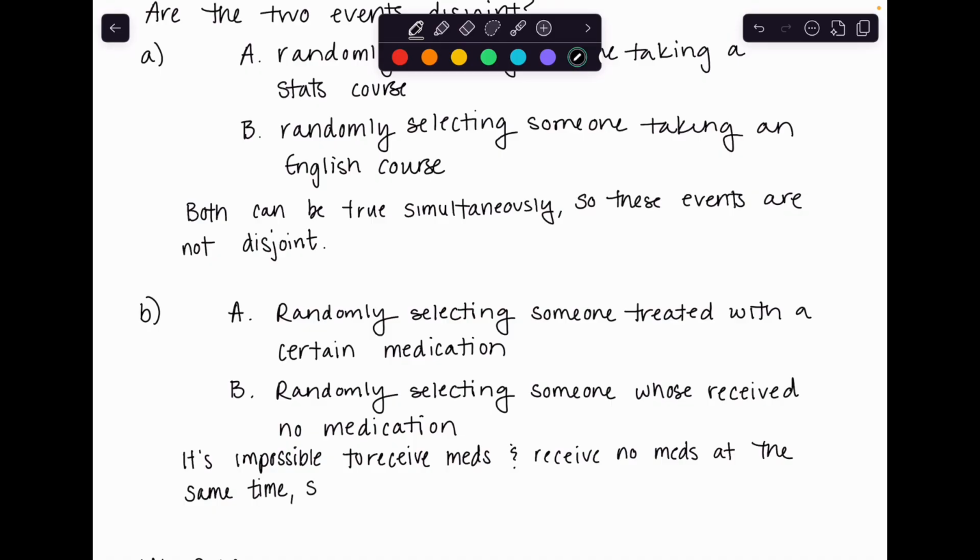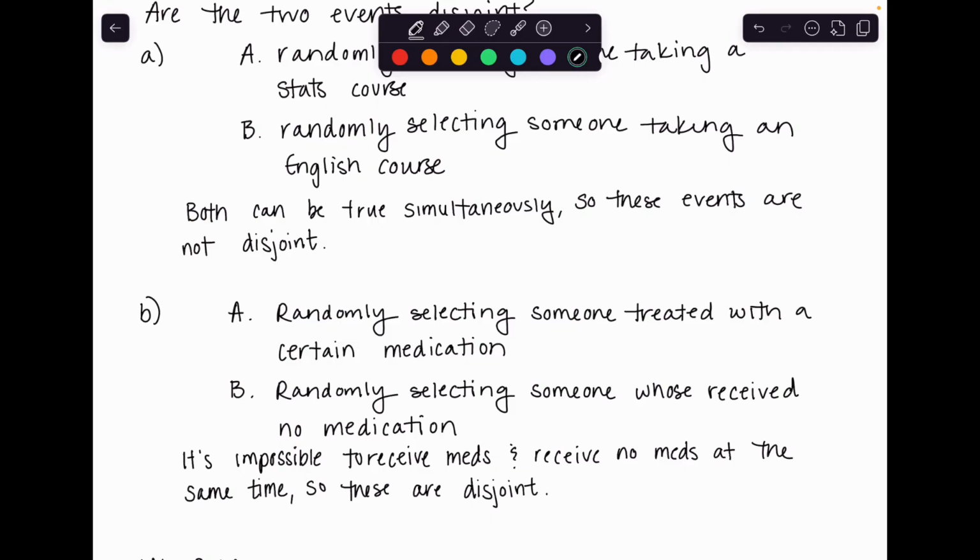So these are disjoint. Okay, so that's great. So if I was looking at the probability of selecting someone who treated certain meds or someone who didn't receive meds, I could just add those together. So now that we've got a little bit of the "or" down, we're going to jump over to a different